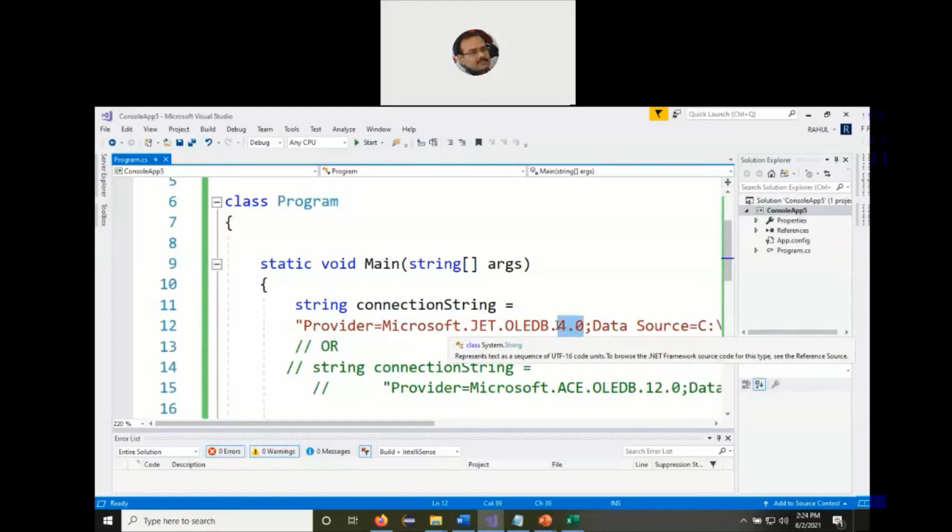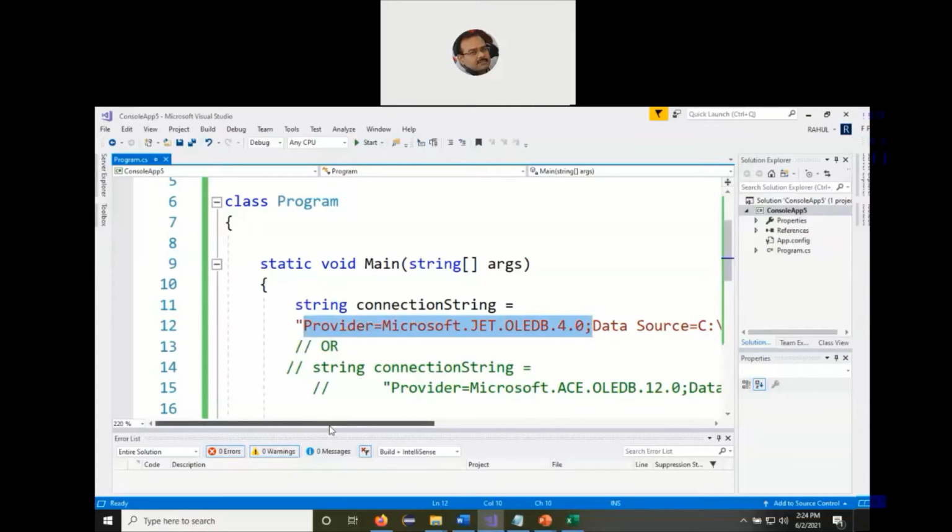There are various versions, 1, 2, 3, 4, but 4 is very popular, and it supports many of the C# functions. So we say Microsoft, the name of the company, then .Jet.OLEDB.4.0, followed by a semicolon. That means we have initialized the provider parameter with the name of the driver, a front-end programming language driver, which will be used to connect to a database.